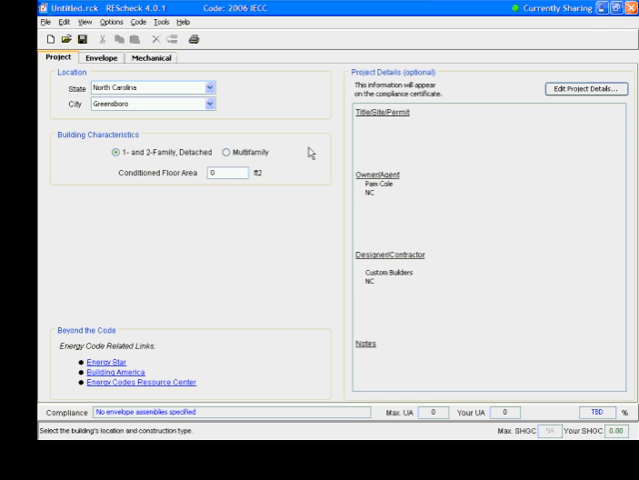Some of these things that I'm going to show you have been new to the software within this last year. And then I'll show you things that are completely new with 2006. So I'm going to be showing you a couple of different things here. In the Project tab, I talked about the location where you can change your city and your state. Building characteristic, here's that